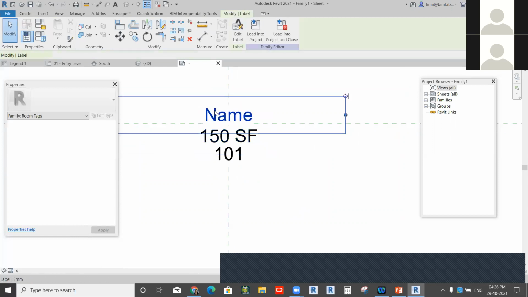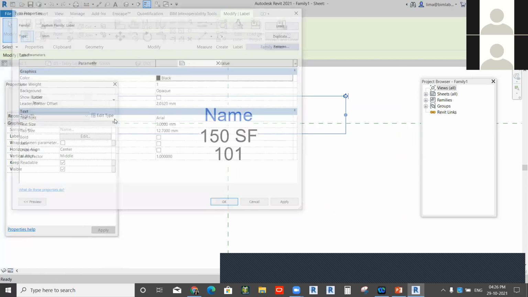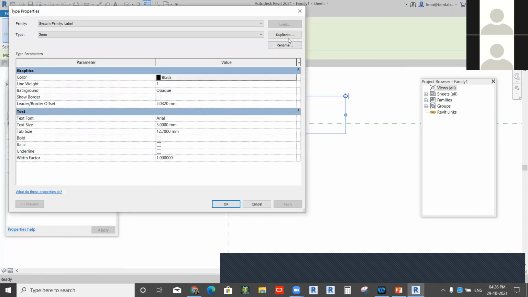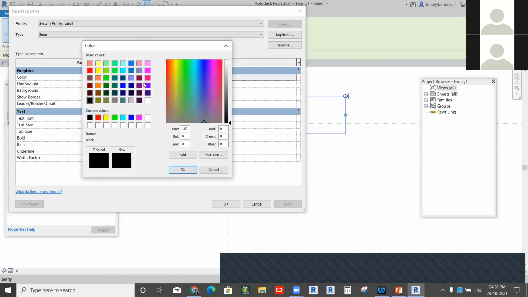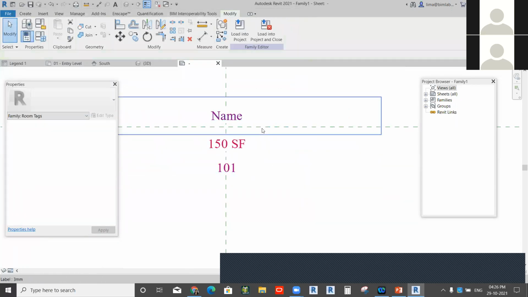Any other type of text. So this is a label. For the label field, the other parameters and all the other details can be edited. That means the text color, the text font, text size, all the details can be changed. So if I'm changing my color, this is a common path. I'm giving my font as Times New Roman and text height is 1.5 mm. So I've placed this one.